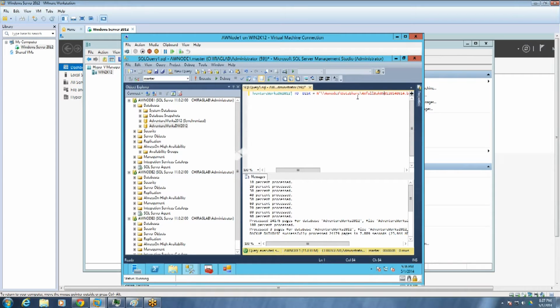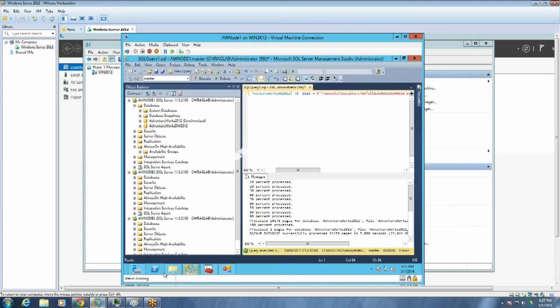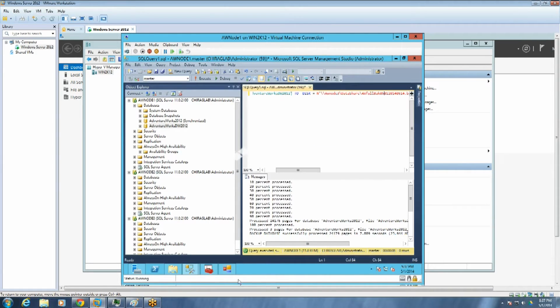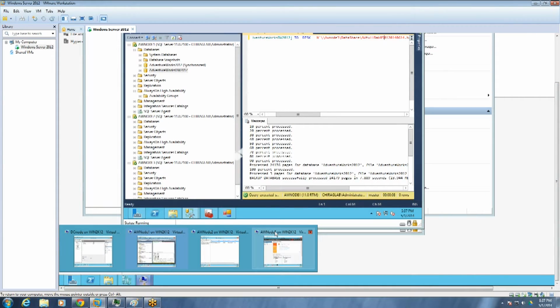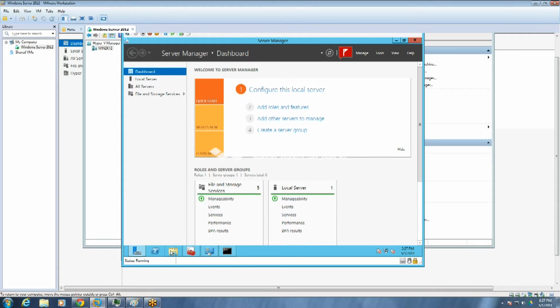Another point to be noted over here is that we have to make a shared drive. Suppose over here I made a shared drive on node 3. You can make it on any of the nodes, and you should make it available for sharing.